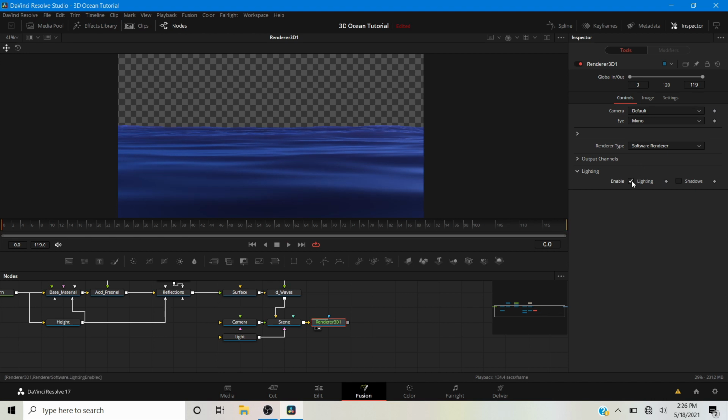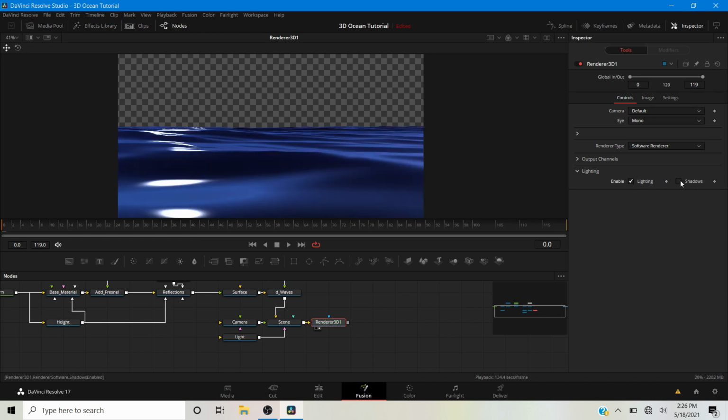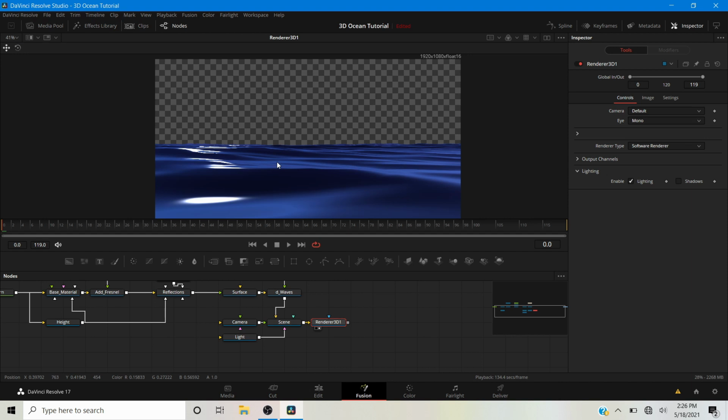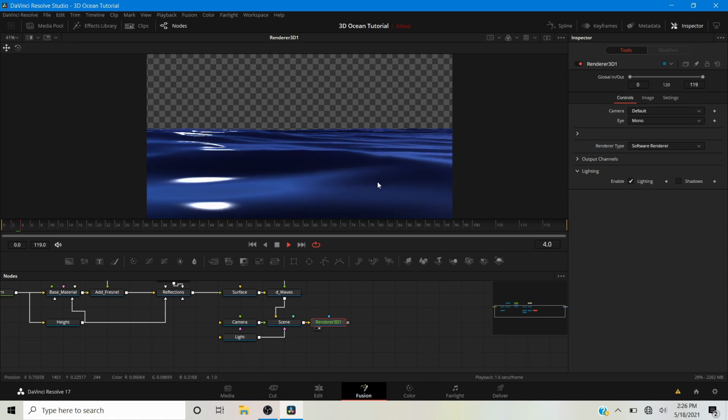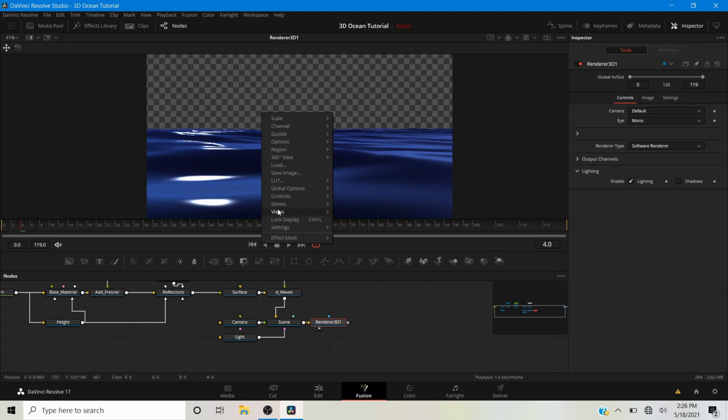And actually we have to turn on lighting. And now it looks really good. We can actually see what it looks like. We have our nice lighting, we have our specular, we have our waves. It looks really cool. But the only problem here is when we're gonna render this, it's not gonna have this checkered underlay. It's gonna